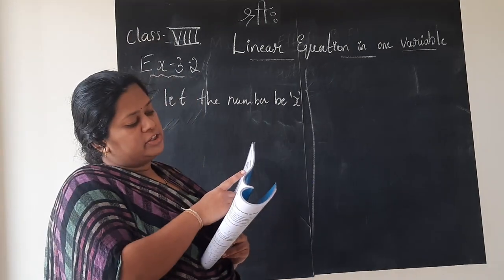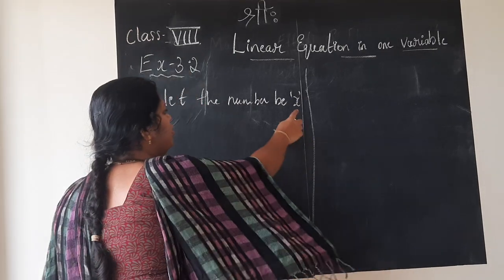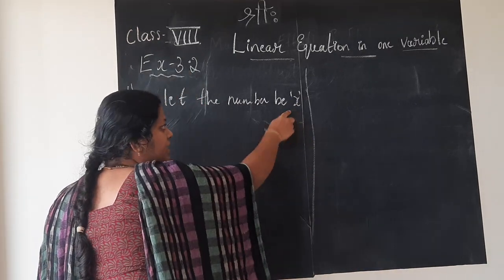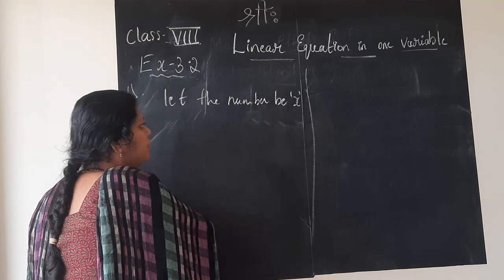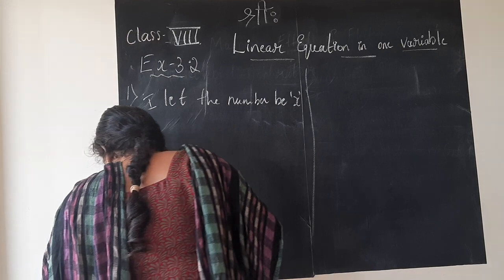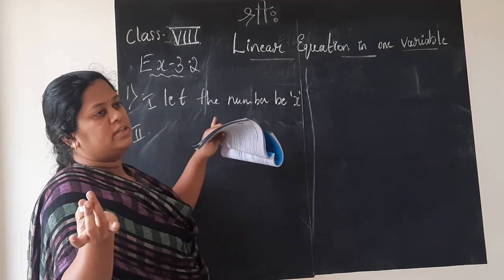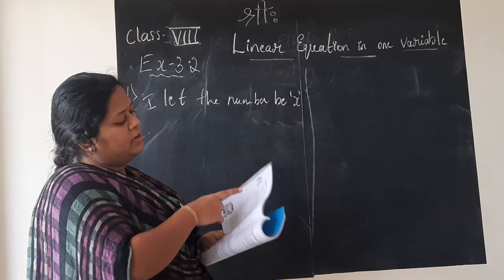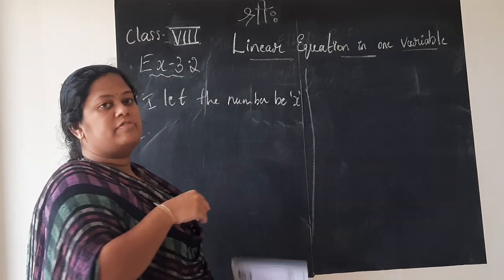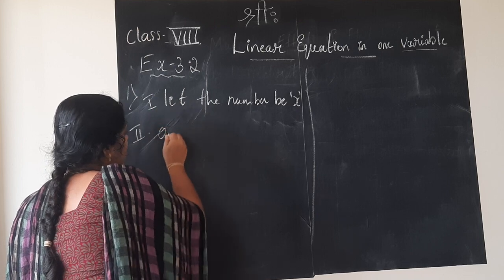Now get back to the question. If you subtract half from a number, so we know now the number is x. From x, if you subtract half, so this is step 1. I will mention the numbers for the steps. You can follow the same, children. So first step, we don't know what the number is. Let the number be x. If you subtract half from a number, so second step is, you will write